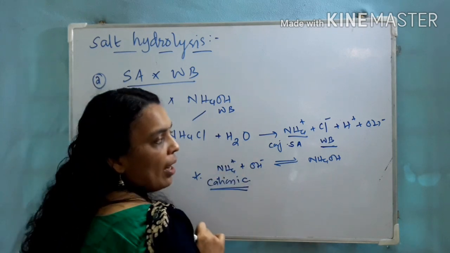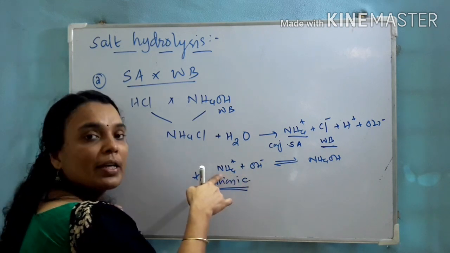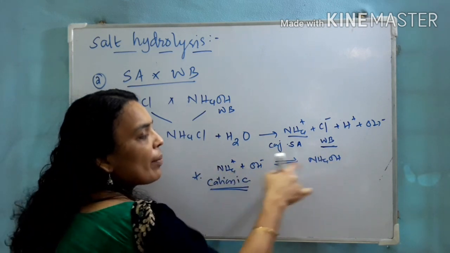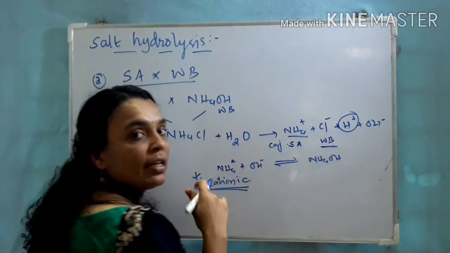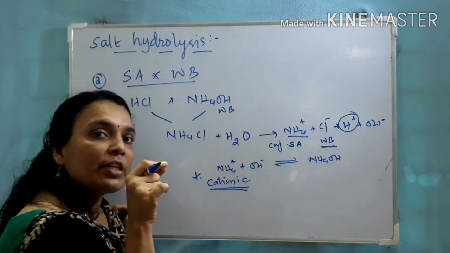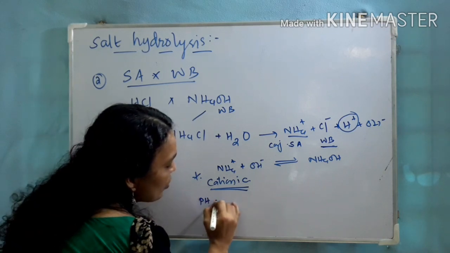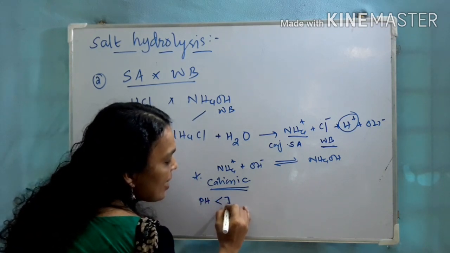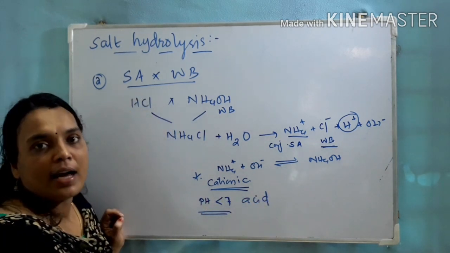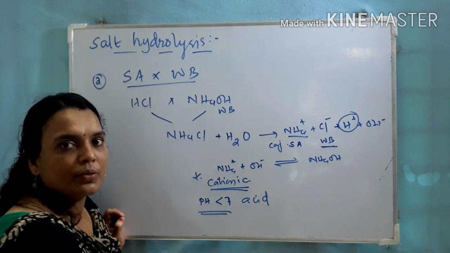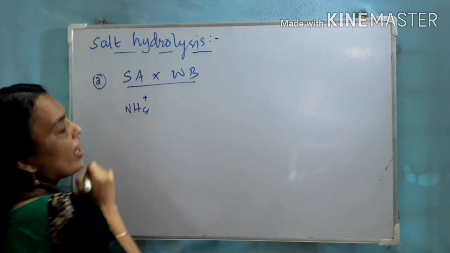So the solution becomes, so OH minus participates in this reaction and an equilibrium is observed inside the solution. So what about the concentration of H plus ion in solution? Increases. So what about the nature of solution? Solution becomes acidic. That means the pH of the solution is always less than 7. Clear? So here we are discussing, we said ammonium ion can undergo hydrolysis.